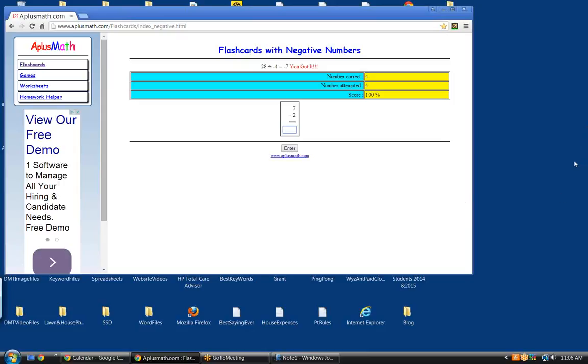Straightforward subtraction problem. Five. Plus 12. Minus 32. Good. Plus